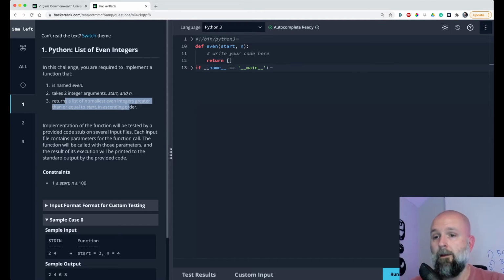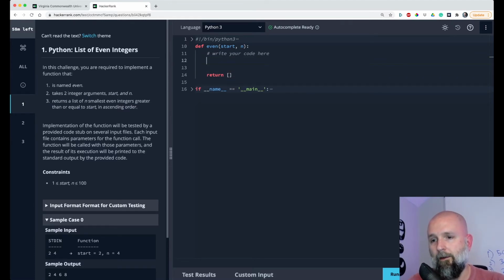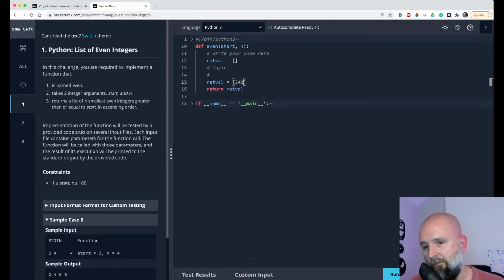And so what you do, you'd come in here, you know me, I like my value variables, and I will return retval. So I am now satisfying the returns a list. I've got that part done. And then I'm going to write some logic in here that in the end is going to make some list. So this isn't the right answer, but let's say that is the list I end up populating.